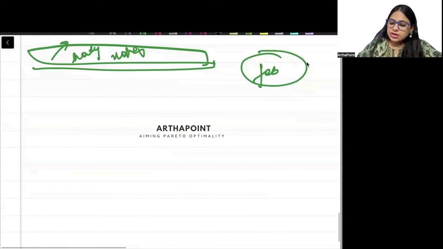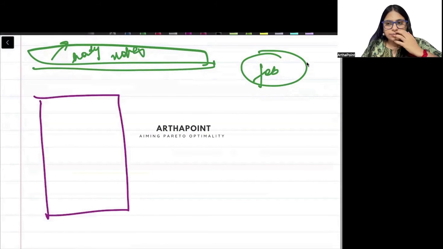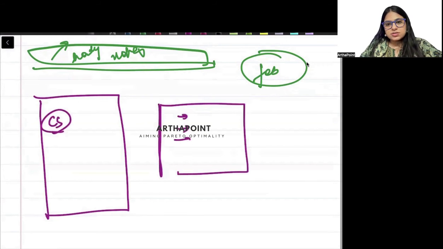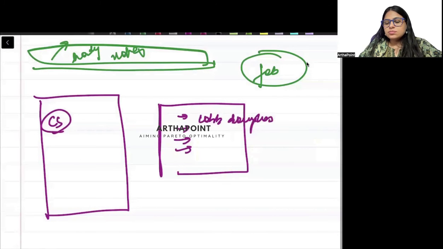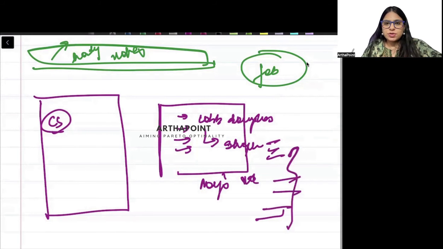Handy notes means what, beta? I will tell you again in some time. Again, I will talk to you guys. But for example, for the entire consumer theory, my handy notes will have only main things. Like what is the formula you studied for the Cobb-Douglas utility function. Like what are the formulas you studied for deriving, what is Shepard's lemma? Like what is Roy's identity? So just some handy things should be written here. Only some formula sheets should be here.